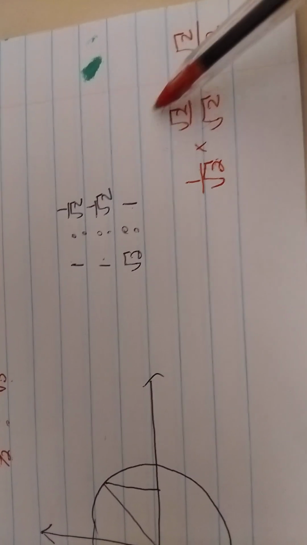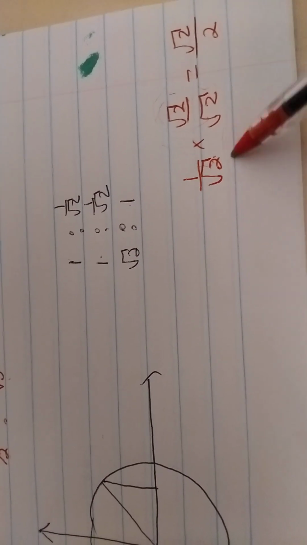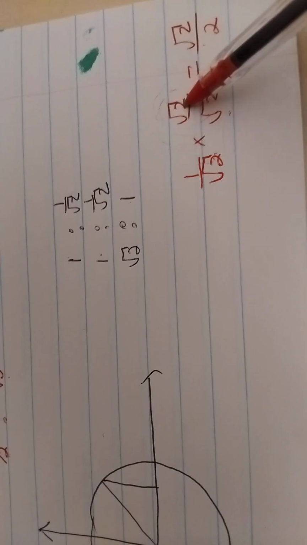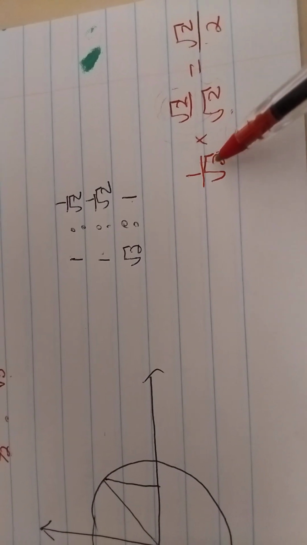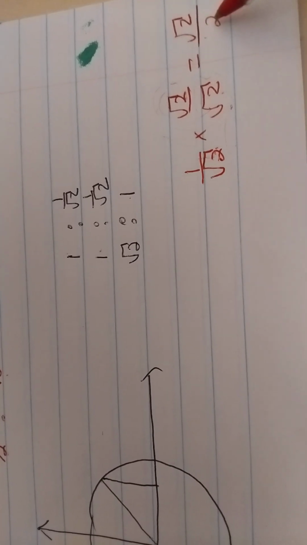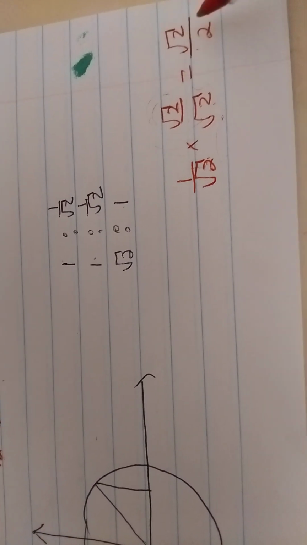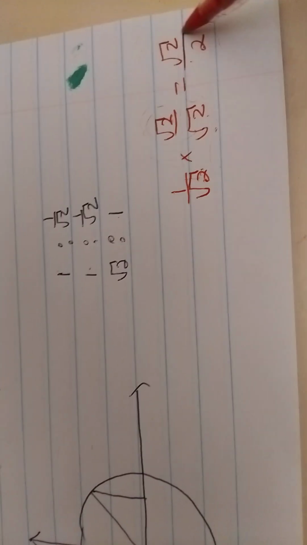This is going to manipulate it such that 1 times square root 2 is square root 2, and then square root 2 times square root 2 is 2. So you will often find it written like this in a lot of